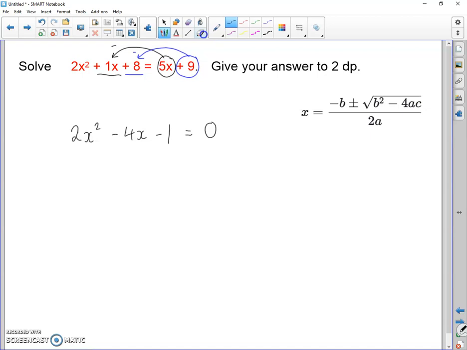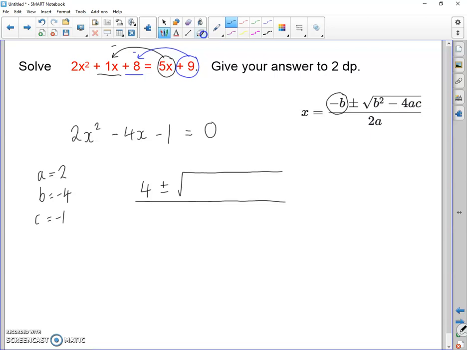Okay, using the quadratic formula now then, we've got that A is 2, B is minus 4, and C is minus 1. So when we use the quadratic formula, because it says minus B, and B is already minus 4, that actually turns positive. Then we've got our plus and minus, where we do the whole thing twice. Our square root,